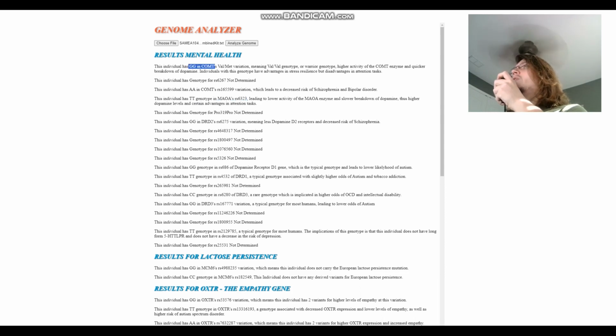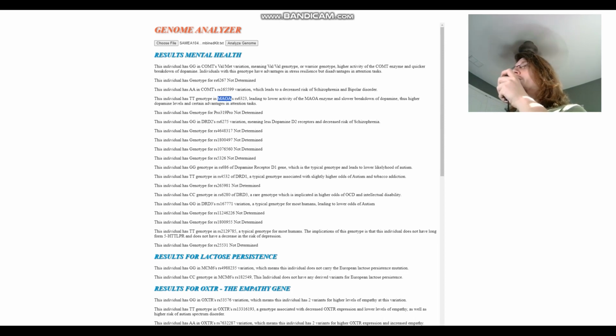So for example, this one decreases the amount of dopamine by increasing the activity of the COMT enzyme, and this one increases the amount of dopamine by decreasing the activity of the MAOA enzyme. These two enzymes are both implicated in the breakdown of dopamine, but these are two completely different genes. So COMT is on the 22nd chromosome pair, MAOA is on the X chromosome, so these are two completely different genes,